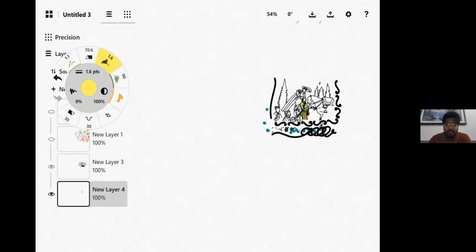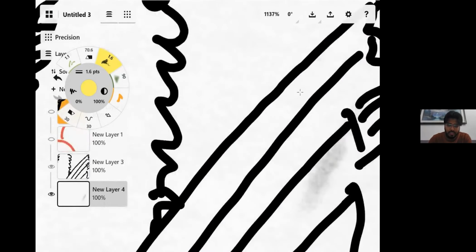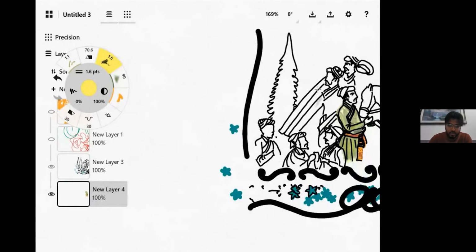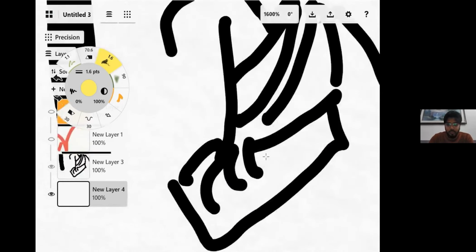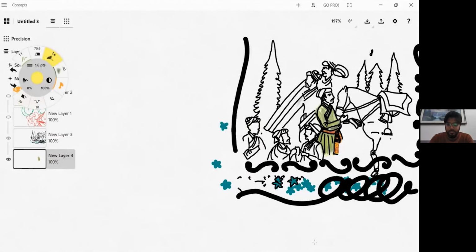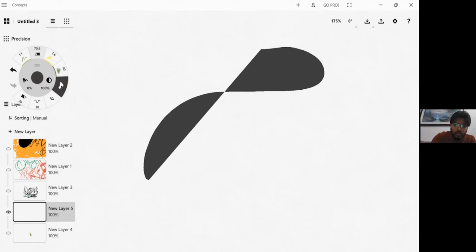Definitely. So this is a small sketch that was created by me. I was trying to do something in this particular sketch. So I just want to understand, what do you guys think about this particular sketch? Will you call this a sketch?